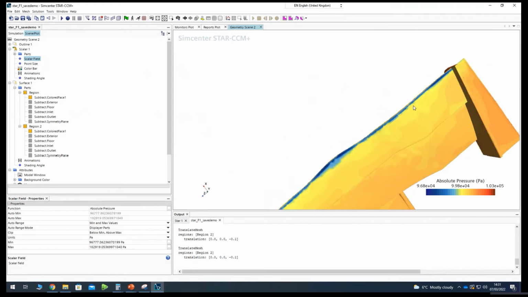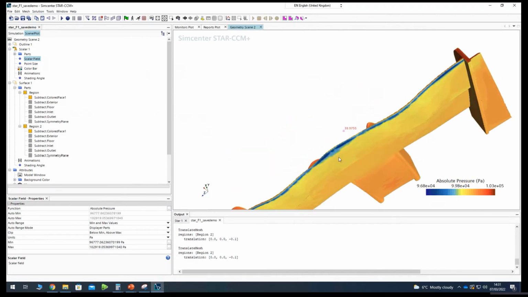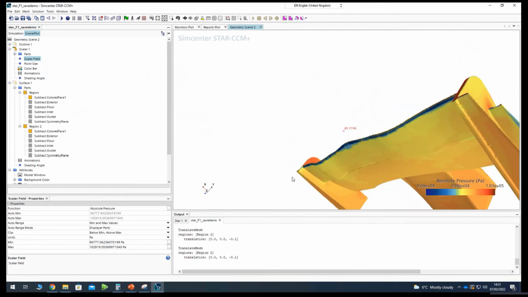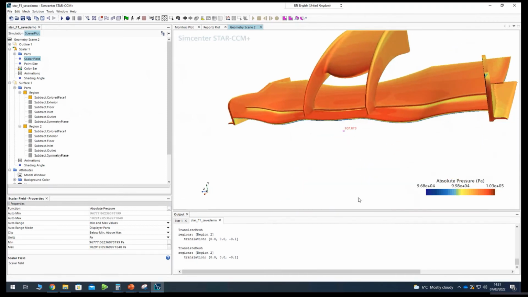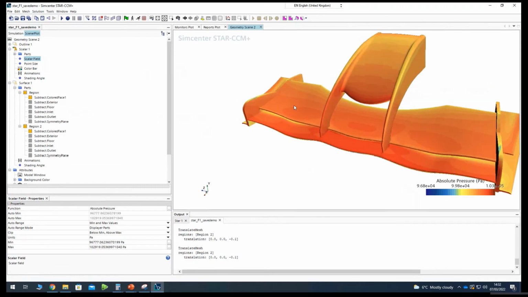Probably you find there is a bit of low pressure on the lower side, close to the leading edge of the front wing, but the rest is pretty high pressure. Because on the top surface, the colors are all warm colors like yellow and red, so we don't see a lot of resolution. So what we can do is change the color bar, scalar 1,